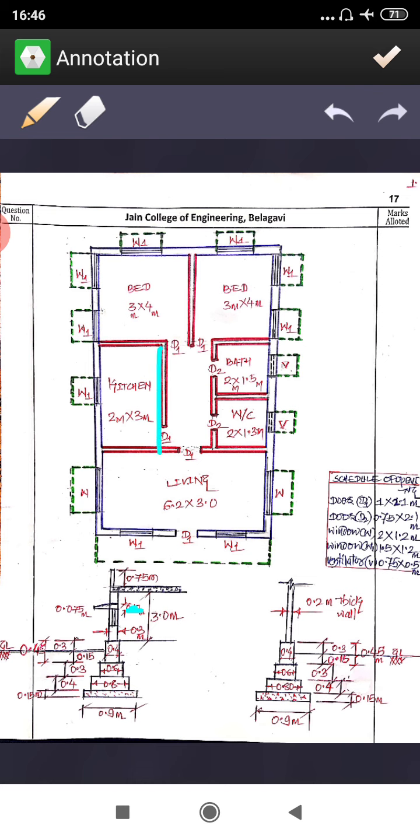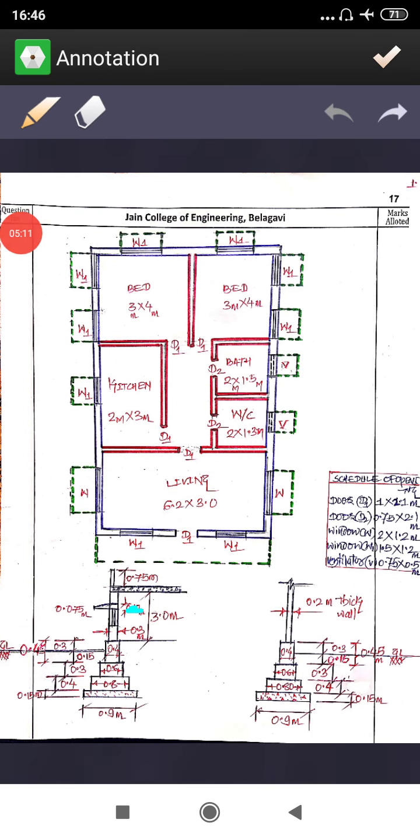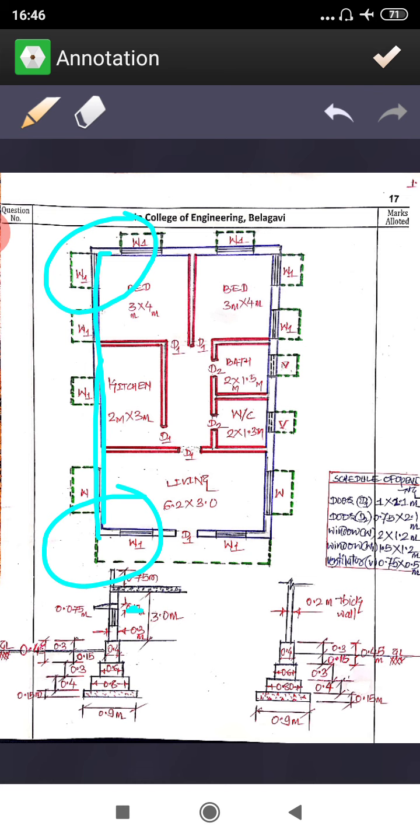Now why I am doing this? See, because I want to clear the thing is that long wall short wall concept. Before, in previous problems, we have seen that long wall means out to out distance, means you have to find center to center, right? See here, you have to find center to center of a longer length wall or of any wall, center to center. Then you have to add half of the particular this side and half of the particular this side, so it is going to be out to out, so this will become long wall.